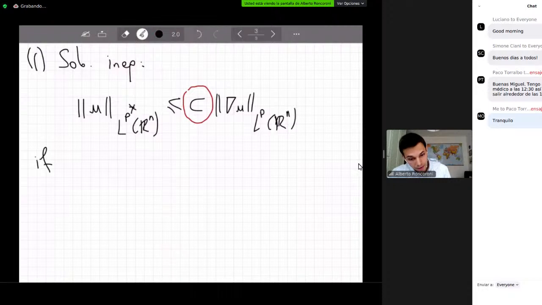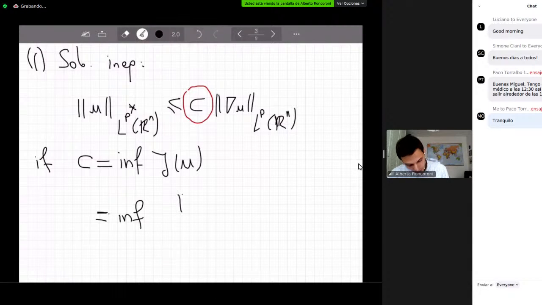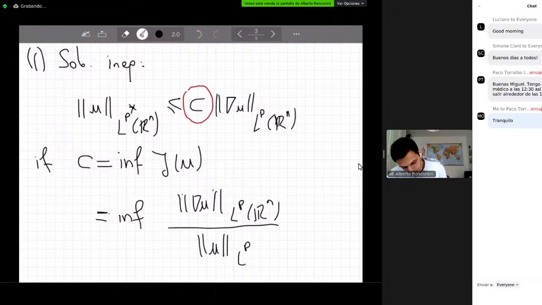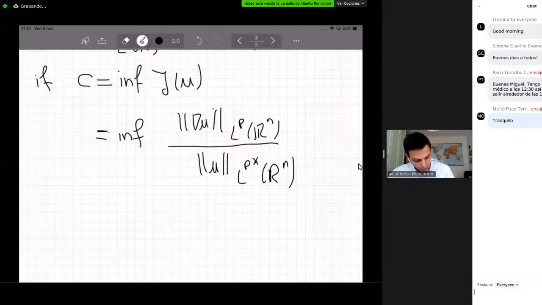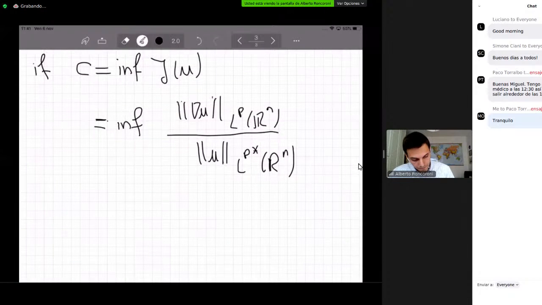And let's say the constant C is given by the infimum of a functional J of u, where this functional is nothing but the quotient of the two L^p norms. So it's the norm of the gradient in L^p divided by the norm of u in L^p star. Okay, so if the constant is given by this infimum, then the Sobolev inequality is the optimal one, the sharp one. And of course, here you can see that we have to study the infimum of this functional, but if we look for